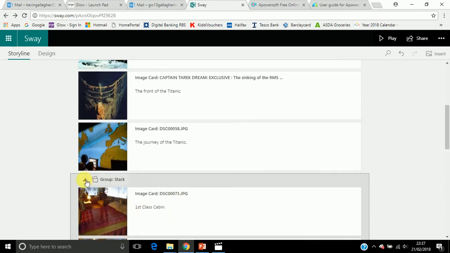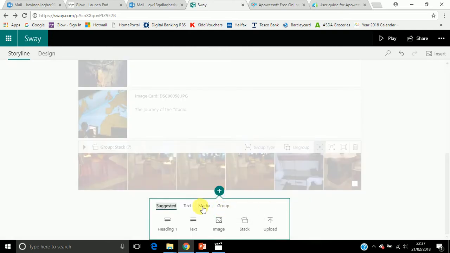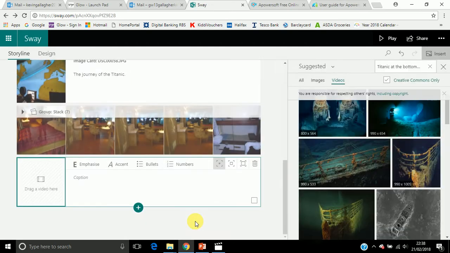Right, so I don't want to use the stack anymore, so what I'm going to do is I'm going to click this little triangle, and that will minimize the stack. Good, and it allows me to add in something else. So this time I'd actually like to add in a different type of media. I think what we'll do is we'll add in a little video. So we can see here in media I've got options of putting in an audio clip if I had an audio clip, or images or videos. So I'm going to put in a video,